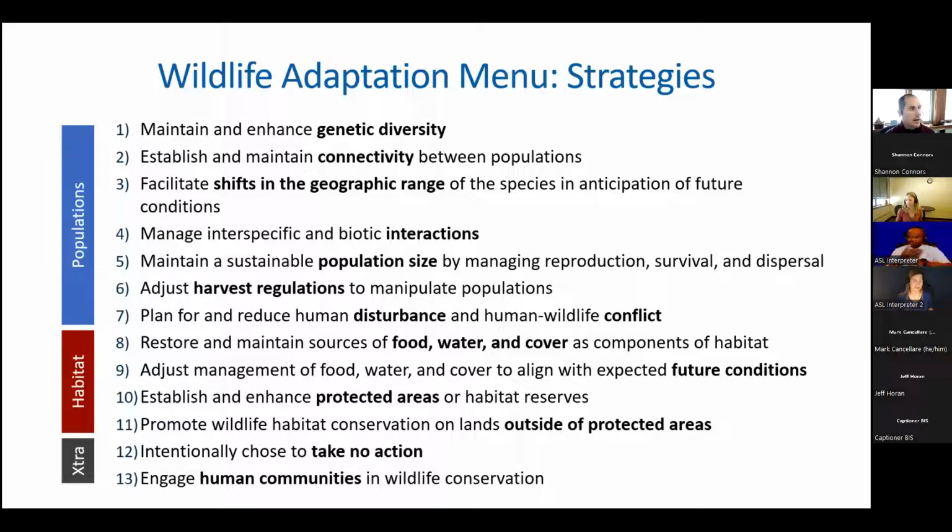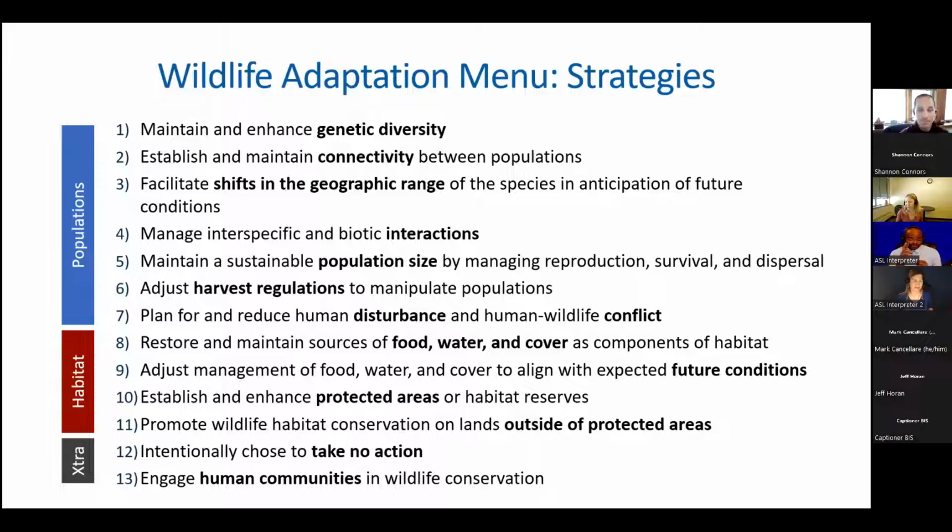I will say I am not familiar with our menus being used with that tool in particular, but we have used our menus in combination with other planning frameworks like structured decision making or scenario planning. We have some discussions right now about using our menus to inform people who are using the RAD framework. So I would be excited to learn more about that, to think what might be possible.